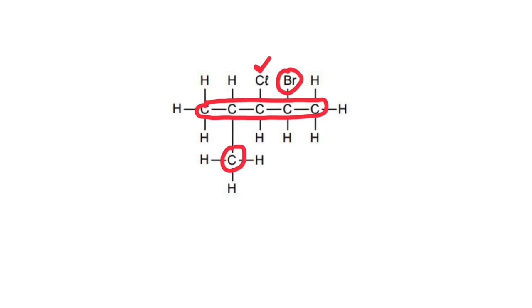So we would have 1, 2, 3, 4, 5, right? We're doing that because B from bromo comes before M from methyl. So the alphabetical order is significant. We're gonna number our carbons from the right hand side. So let's go ahead and do that. We have bromo on the second carbon, we have chlorine on the third carbon, and we have methyl on the fourth carbon. So the name for this haloalkane would be